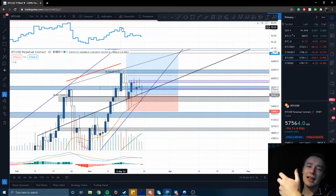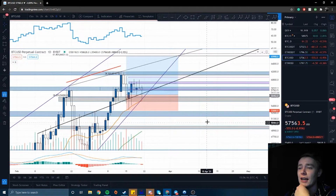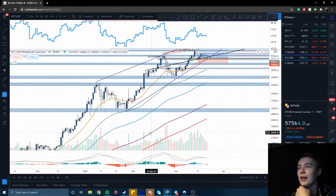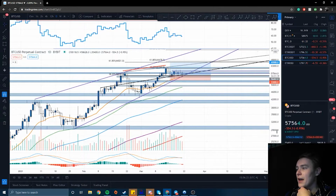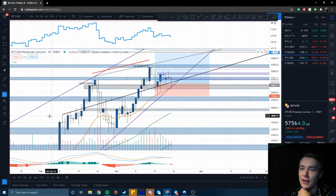And also these, as I said earlier, these counter trend divergences aren't always as reliable, or don't always play out to the magnitude that you expect them to, just because they are counter trend indicators. And especially during strong bull markets, as we've seen here in Bitcoin all the way down here, those pullbacks can be minimal. I think for the short term, as long as we're closing above this trend line,